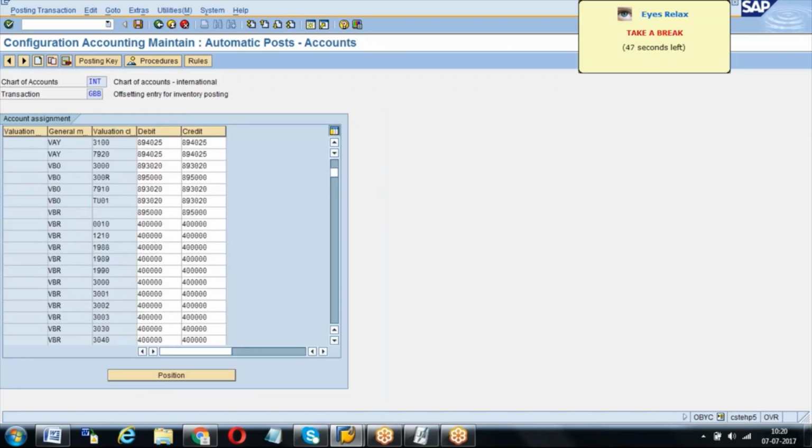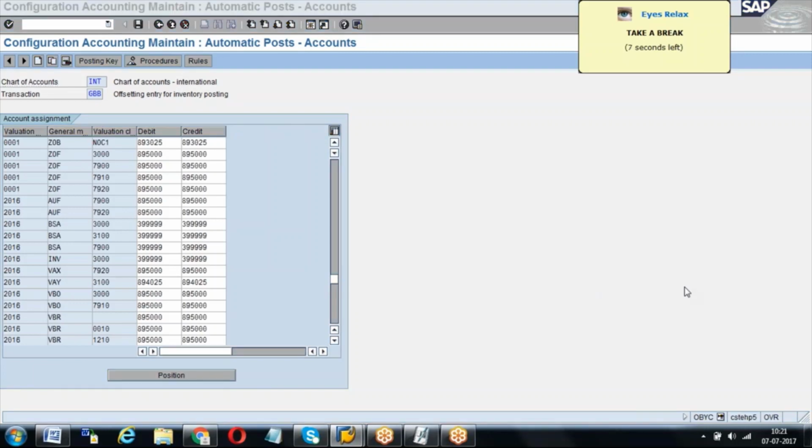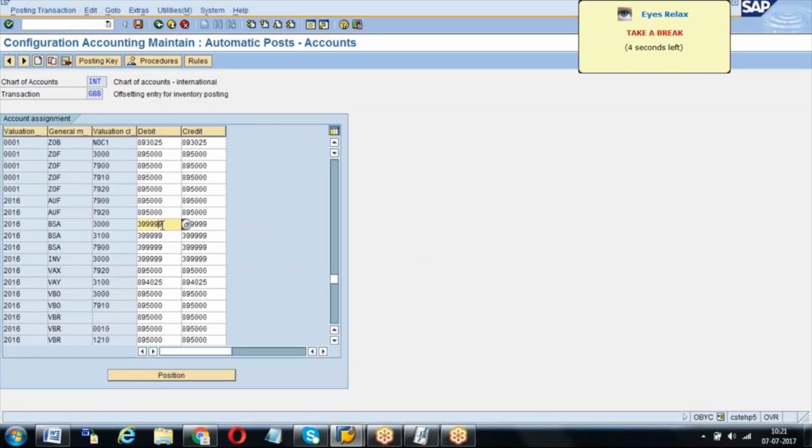Okay, like that. Whatever initial processes are available, we know, and finance also will discuss the same thing. Then they will provide the GL accounts for that, and then we need to do the configuration, VBR, VNG, whatever, ZOB, everything we have to do as per the requirement. If you miss any configuration, then when you do the stock posting, the system will throw a message, GBB, VNG not possible. That kind of error message will come. During business discussions, all should be in sync.